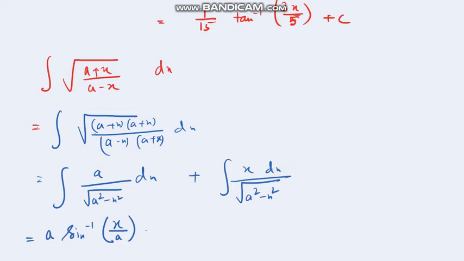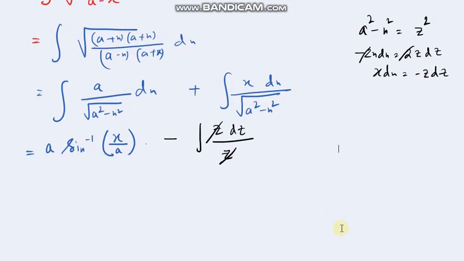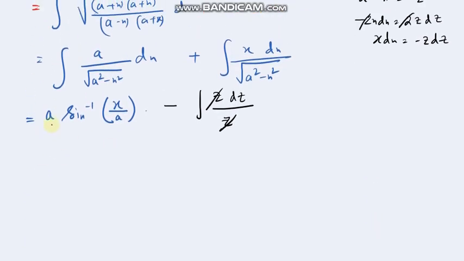For the second term, I am going to take a square minus x square as z square. I told you anything under root, you take it as z square. If I differentiate this, minus 2x dx will be equal to 2z dz, right? So 2 cancels out. So x dx can be written as minus z dz. So the sum will be minus z dz divided by z, since this is z square under the root, so ultimately z. So this cancels out. Just check: it will be a sin inverse x divided by a minus integration of dz,